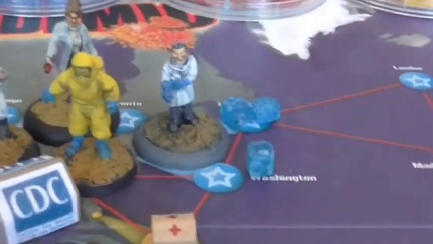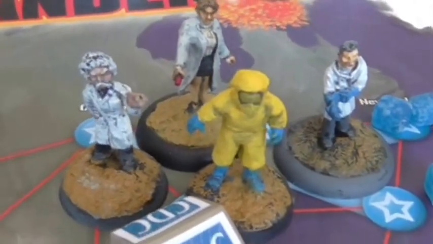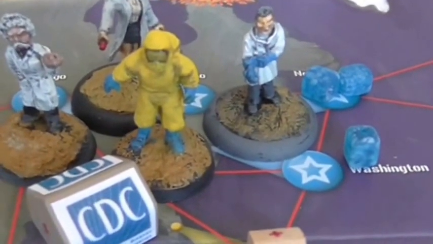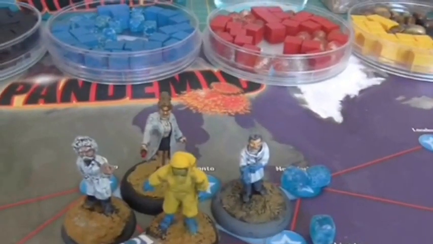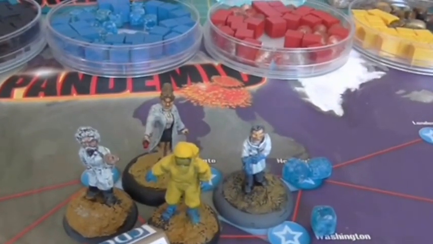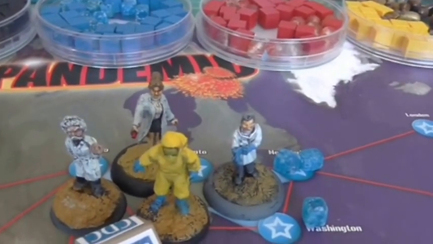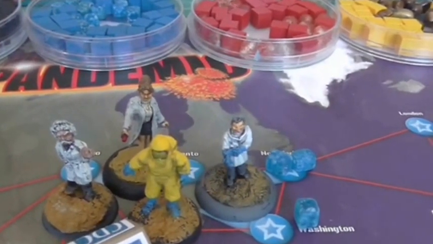I've replaced the wooden meeples with painted miniatures, and in this case I have Albert Einstein as the researcher. I just have a generic yellow guy for the medic, and then I have a mad scientist type, and then we have Sarah Palin as the dispatcher. The one issue with that is sometimes you have to remember which role each miniature represents, because they're not necessarily color coded. So hopefully, in a 4-player game, people are going to remember their role and who their